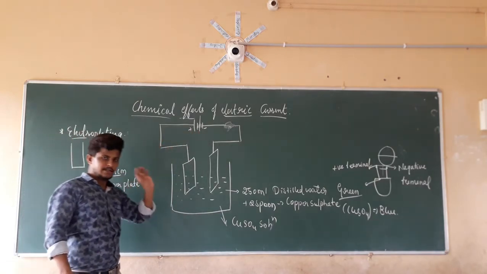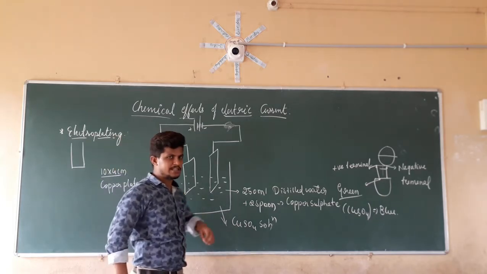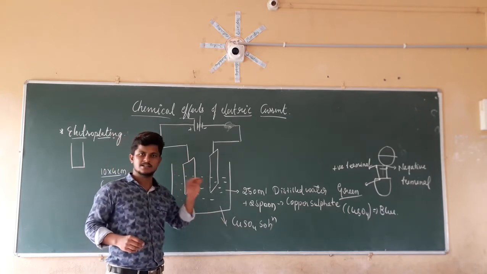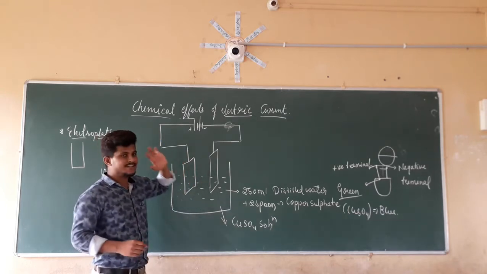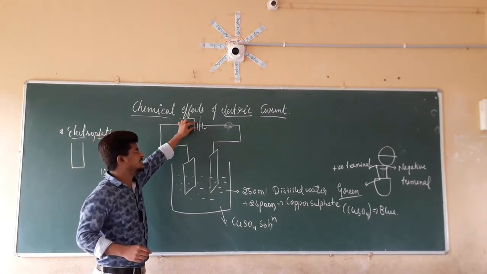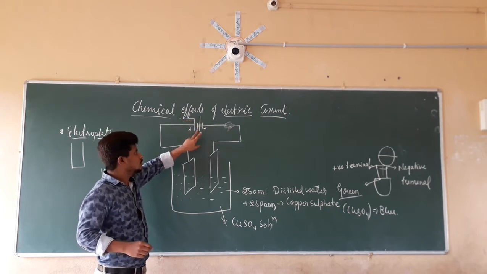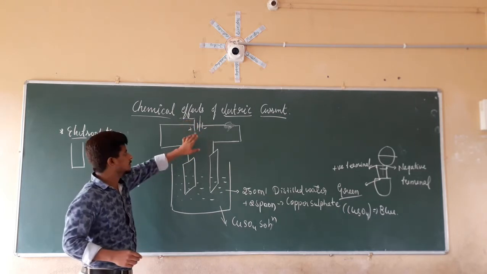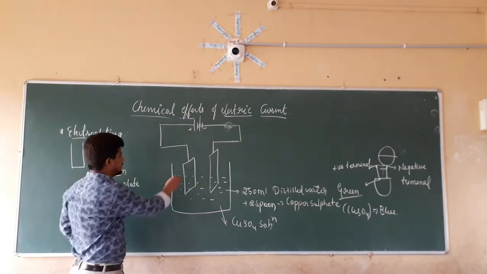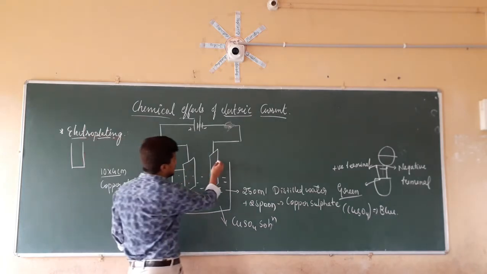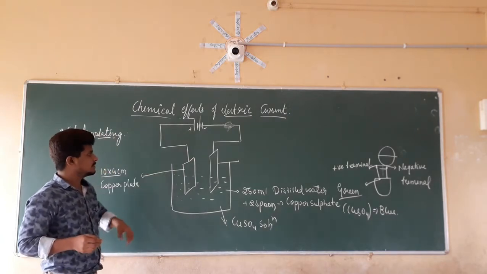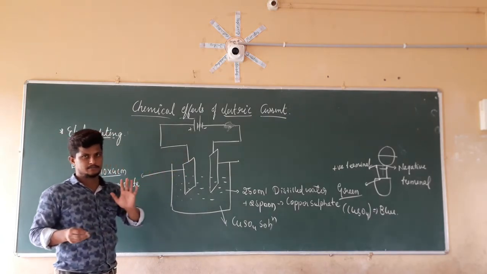Always remember, in the 10th class you are going to study about electricity, not about these things, but this fact you are going to study in acids, bases and salts. Just remember, the longer line is the positive terminal and the shorter line is the negative terminal. So 2 cells are connected to make a battery. One positive terminal is connected to this copper plate, another negative terminal is connected to this copper plate. Like this they are connected.